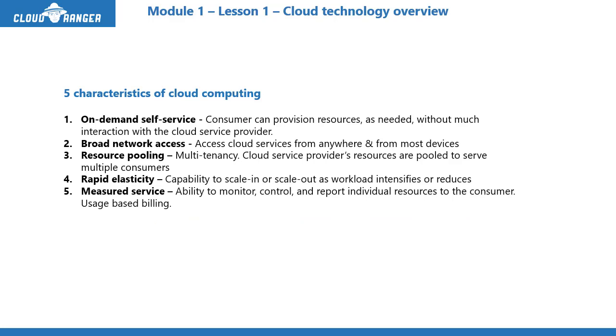Okay, and I'll tell you why that is the case. There are 5 characteristics of cloud computing, and this is actually taken from the NIST document that I was showing you as well, and it will start making a little more sense now. For cloud computing to fall into the definition, first it has to have on-demand self-service. So the consumer, that's yourself, should be able to provision resources as needed, whenever, without much interaction with the cloud service provider. It means you should be able to do this yourself.